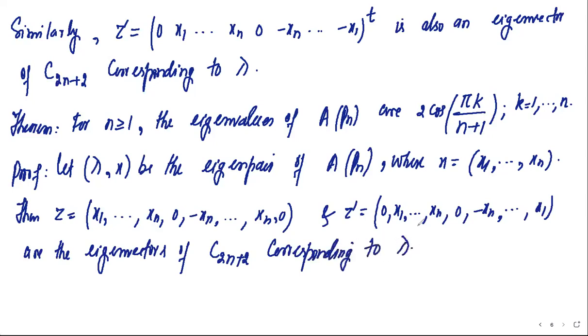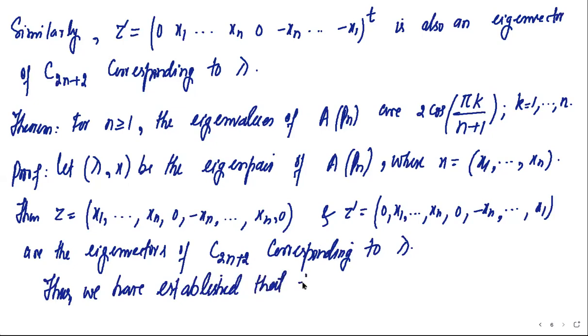Corresponding to lambda, where this lambda is actually an eigenvalue of the path matrix P, and in fact we can clearly see that these are two linearly independent eigenvectors of C2n+2 corresponding to lambda. So by proving this, we have established that this lambda is an eigenvalue of C2n+2, and it has two linearly independent eigenvectors corresponding to it. So we have thus established that